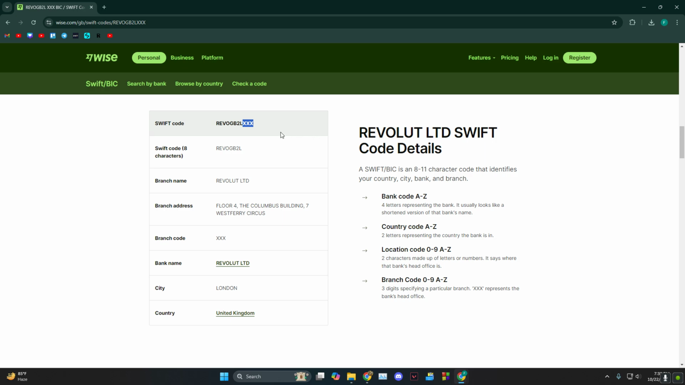Okay, don't put XXX over here. This is your branch code. So whatever your branch is, make sure you put that in. You could also check your code from Wise, and this is it for the